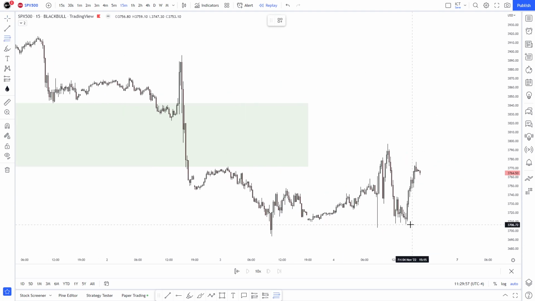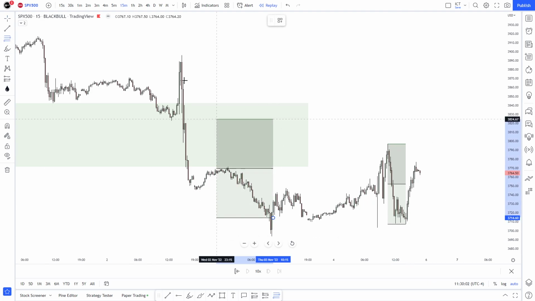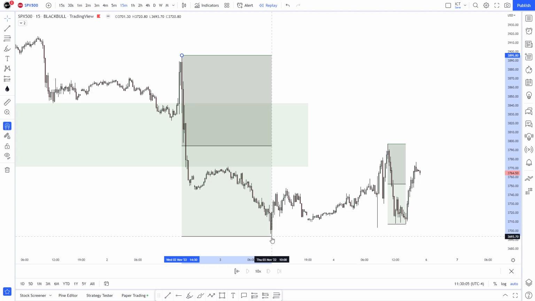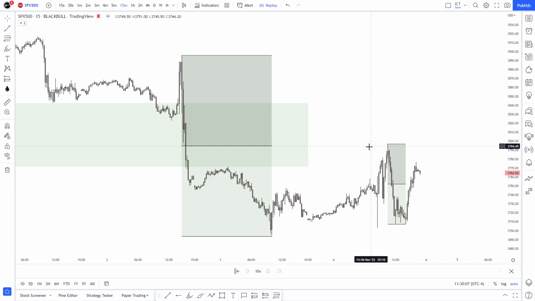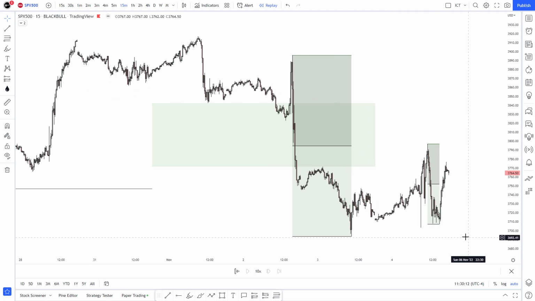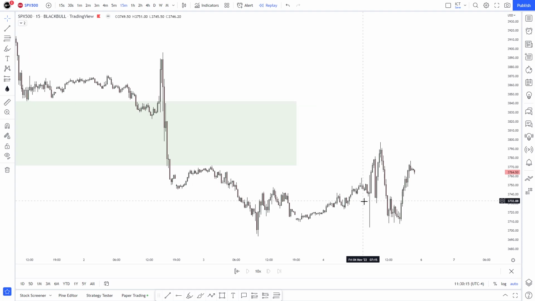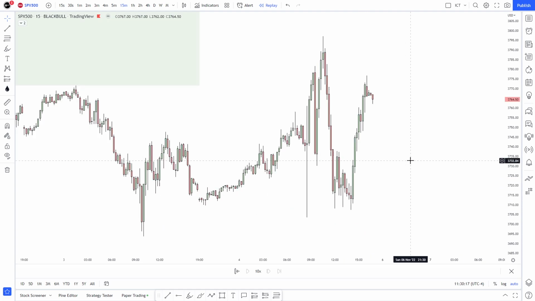Because again, on this is premium and this is discount. But if you use it like this with the big one, all of it is happening at discount, although price did trade a tiny bit above premium on here, right? So again, it's perspective-wise. When are we going to use it? To determine if a fair value gap is valid, not necessarily valid, if a fair value gap has more worth, because if it's on premium or discount, depending if we're trying to buy or sell, that's a really good area. That's a good time to use the Fibonacci to just try to determine if we could have a better probability